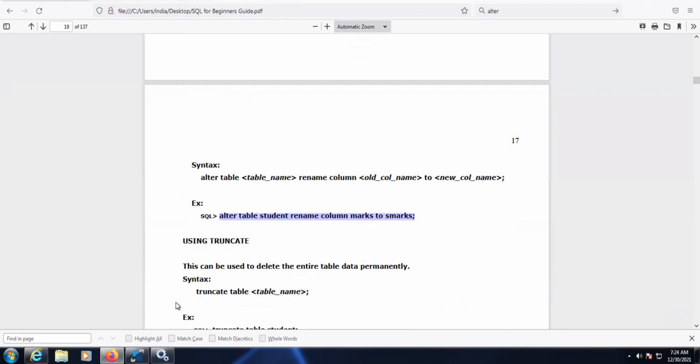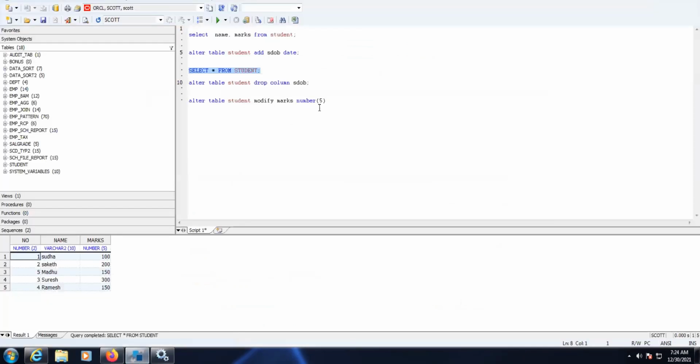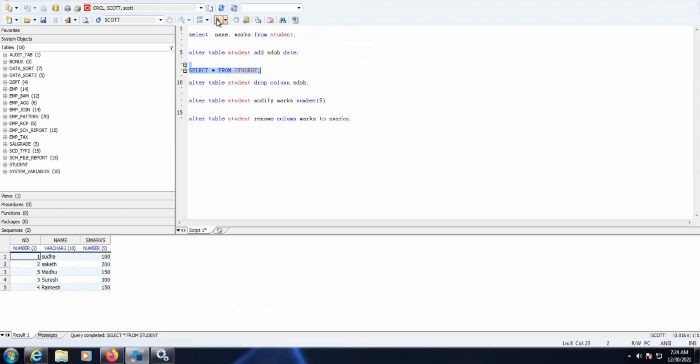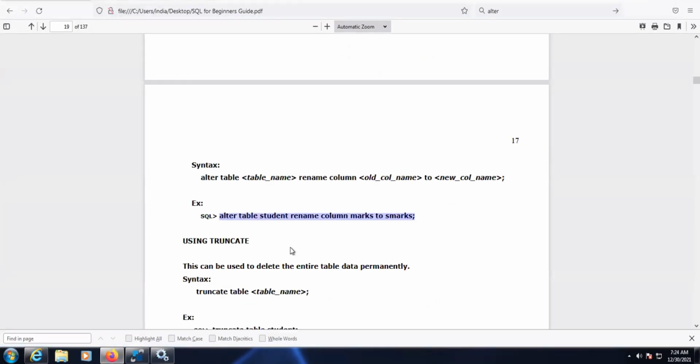Okay, so I'm copying this. Here marks is there, and now I'm converting that into S marks. Now let's select the table data student. Yes, S marks. So that is the way we can rename the column. You can rename the table name also: alter table name, rename, you can use from this table to that table.